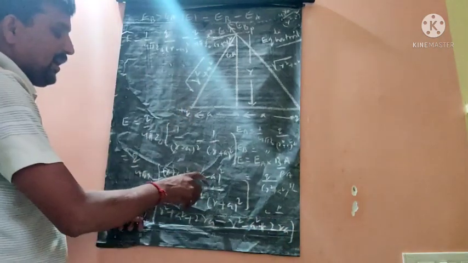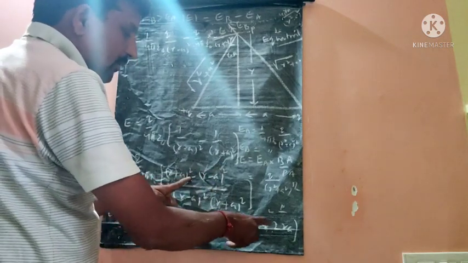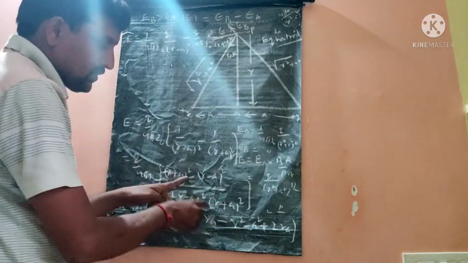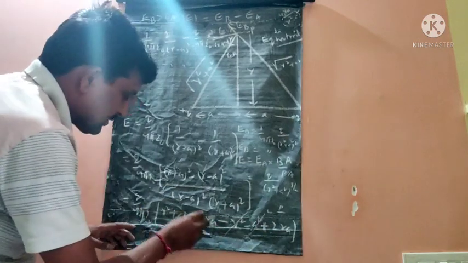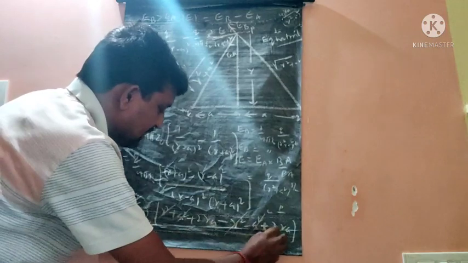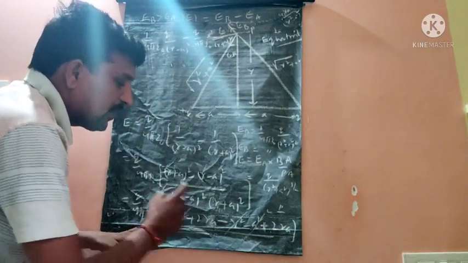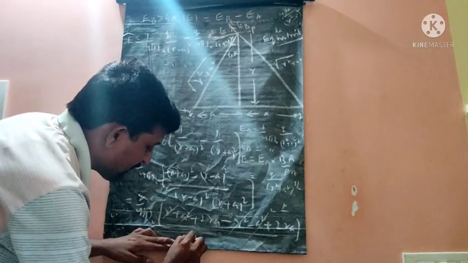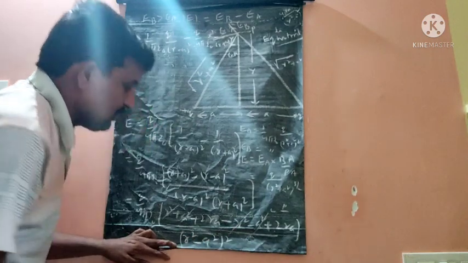Okay, (r − a) whole square is r square plus a square minus 2ra. So multiplying with the minus sign, minus r square minus a square plus 2ra; minus r square plus r square, minus a square plus a square get cancelled. Okay, so (a − b) whole square into (a + b) whole square, that is (a square − b square), so (r square − a square) whole square.